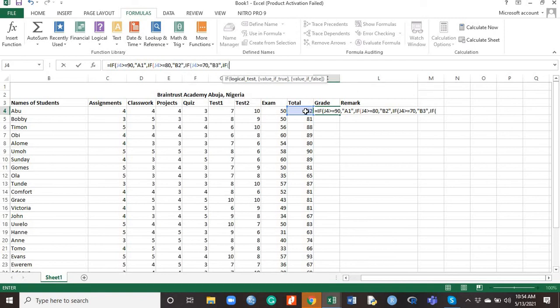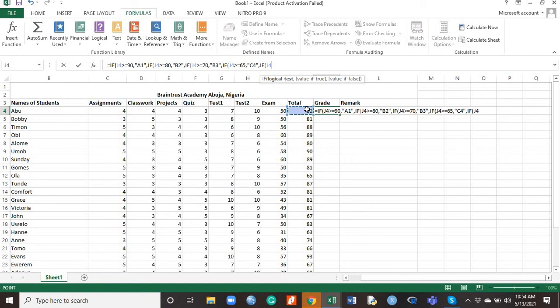If the candidate's score in J4 is greater or equal to, say, 65, then the candidate should be assigned the grade C4, close inverted commas, comma, another if statement,